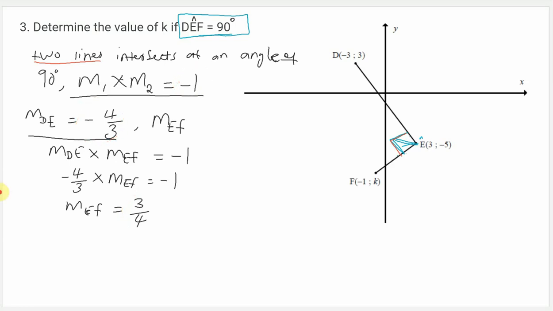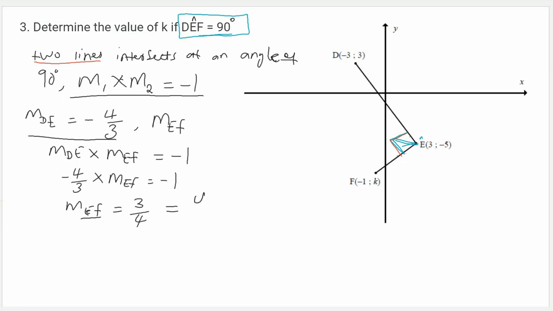And this happens when two lines intersect at an angle of 90 degrees. So now I've done my first step, finding the gradient of this line. So this means that I can continue to try and find the value of k. So in order for me to find the value of k, I know that the gradient of